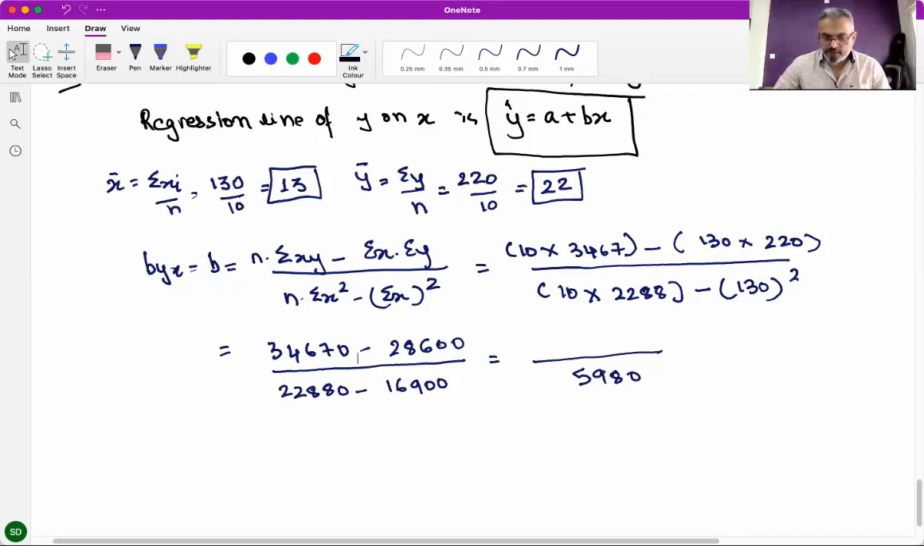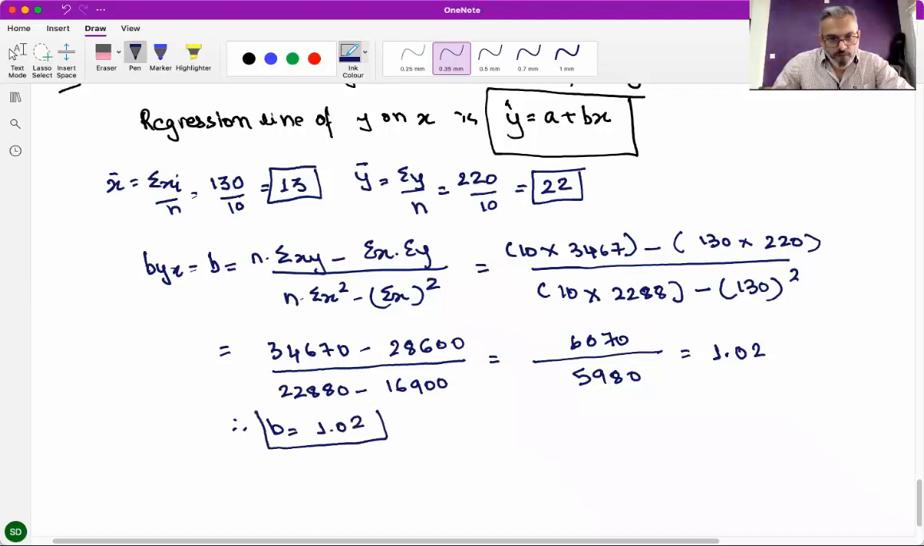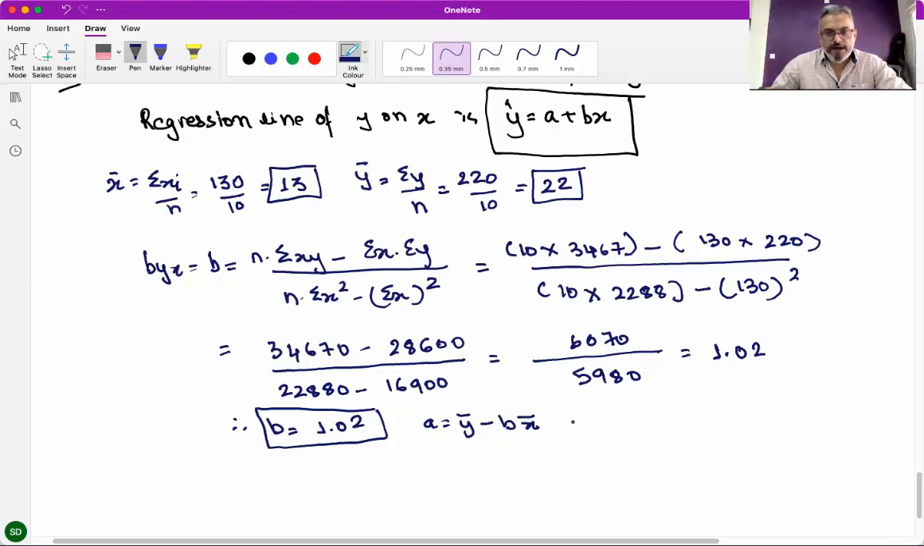which is equal to 34670 minus 28600, 6070, divided by 5980, which is equal to 1.015. So we can take 1.02. So B is equal to 1.02. Now, A is equal to y bar minus bx bar, which is equal to 22 minus B is 1.02 into x bar is 13,